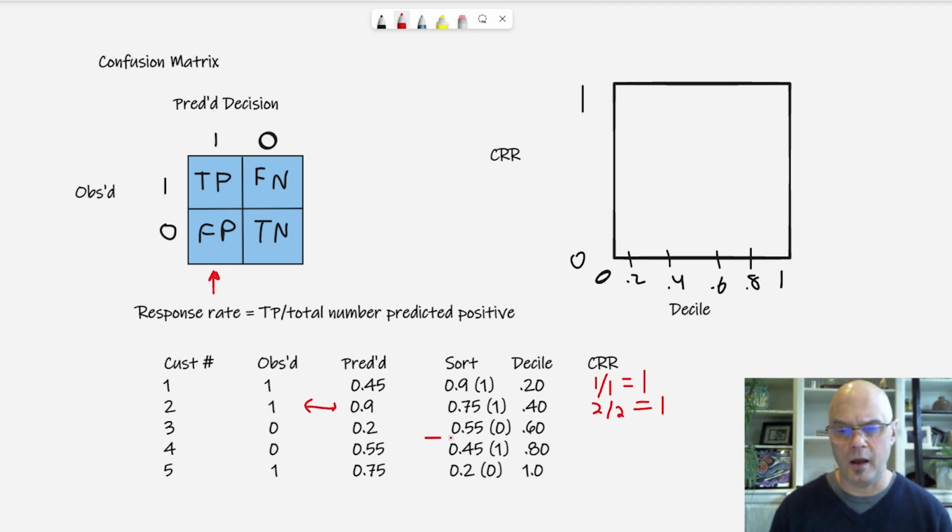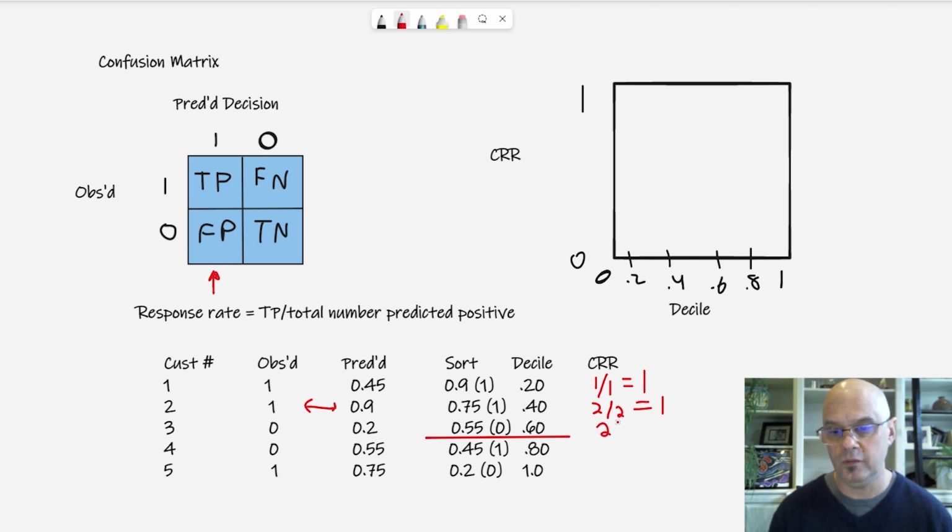All right, now I'm looking at the top 60% of all of my cases, or a decile of 0.6. I've now captured 3 cases in total. I've marketed to all 3 of them. How many were actually known to be responders? Well, now my cumulative response rate drops below 1. My cumulative response rate at that decile is 2/3.